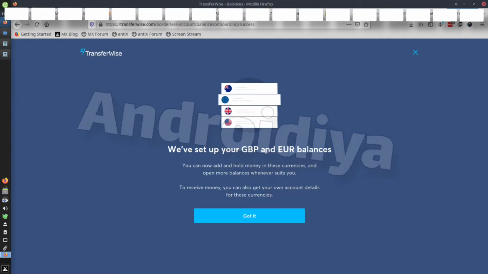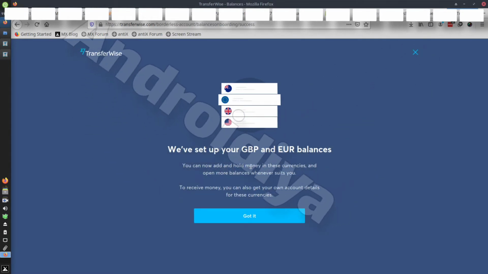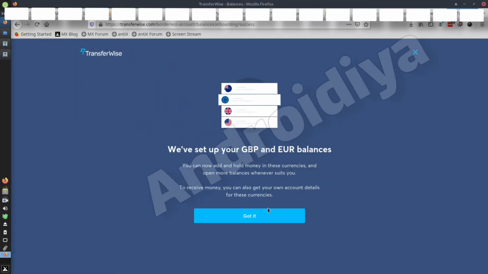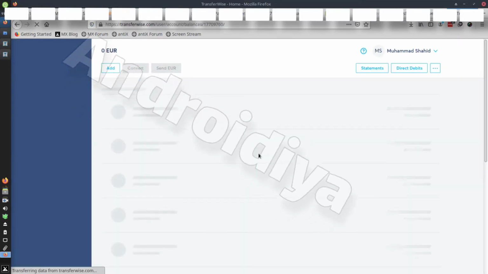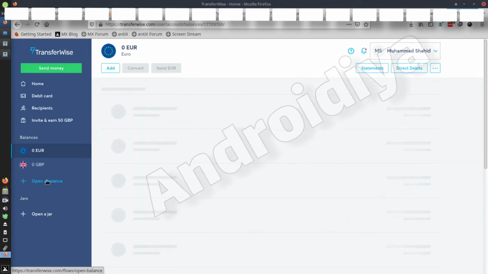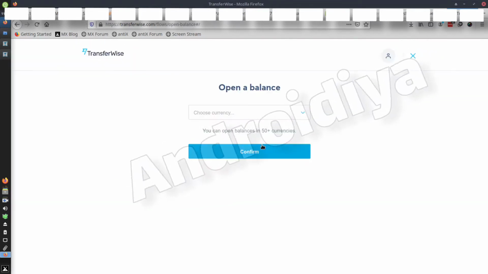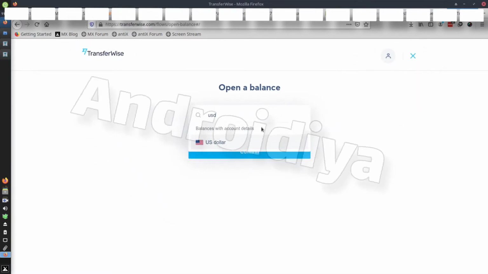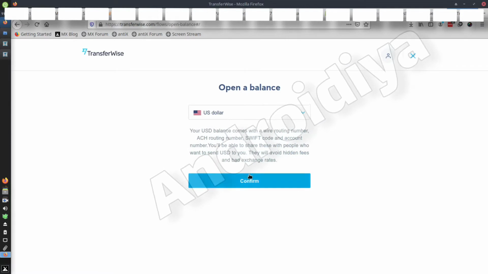Now you can see we have set up GBP and Euro balances, so simply click on the got it button. If you want to add a new balance, simply click on the open a balance button or open a balance link. I would like to add US dollar to my account, so let's search for US dollar and click confirm.